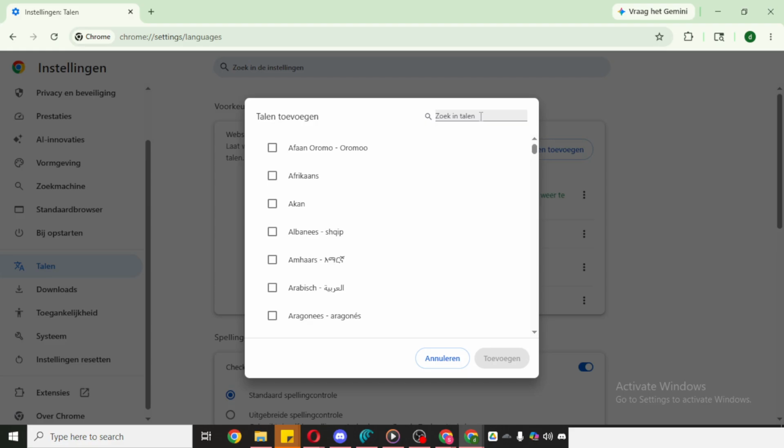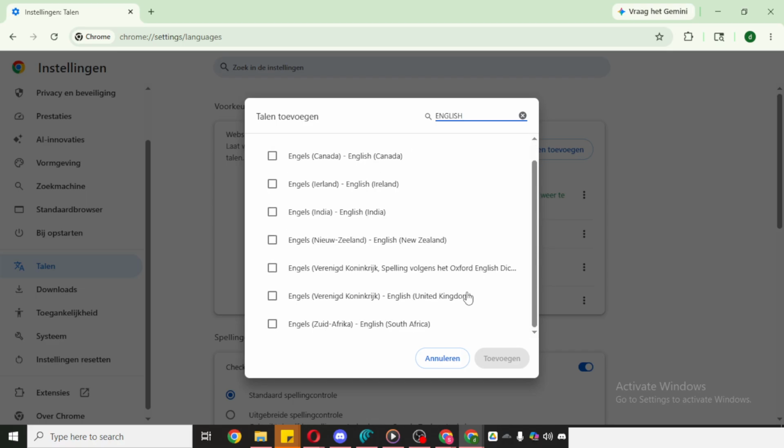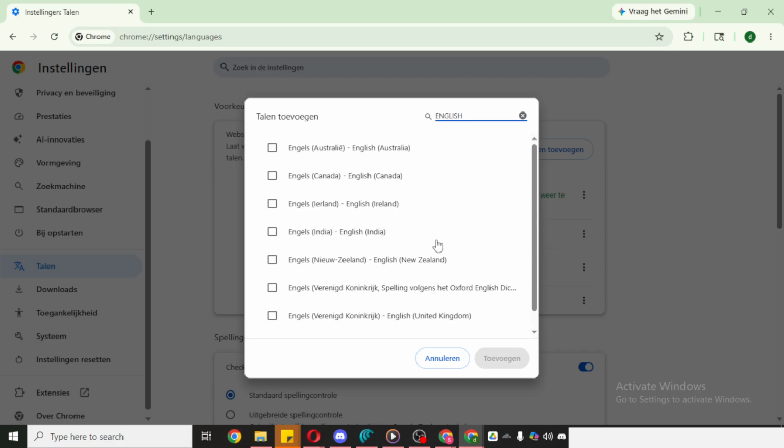The wording can vary slightly, but it will relate to using English for the browser interface or moving English to the top of the list, so Chrome prioritizes it. If you see multiple versions of English, such as English United States or English United Kingdom, pick the one you prefer. The main goal is to set English as the interface language so that menus, dialogues, and settings switch back to English. After selecting English, Chrome may prompt you to relaunch the browser so the change takes effect.